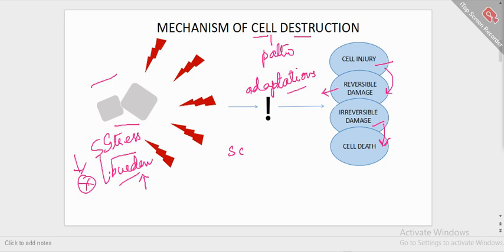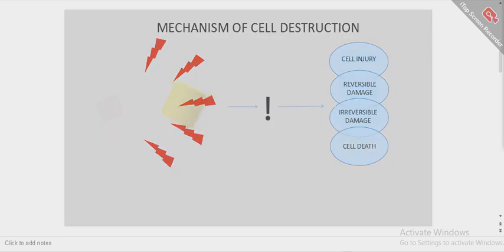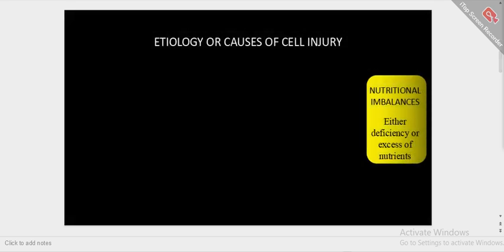So the science behind cellular damage or cell destruction and the repair involved in it we will study, and the agents or causes which cause the cell destruction. So the etiology or causes of cell injury are: